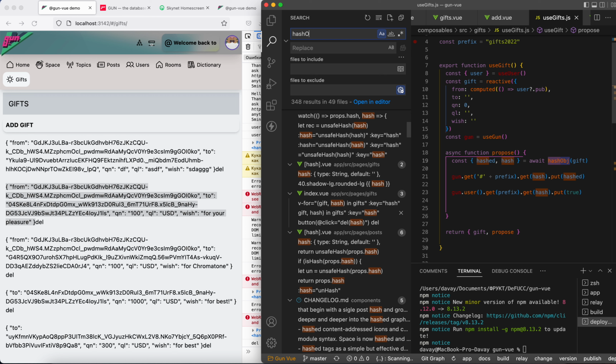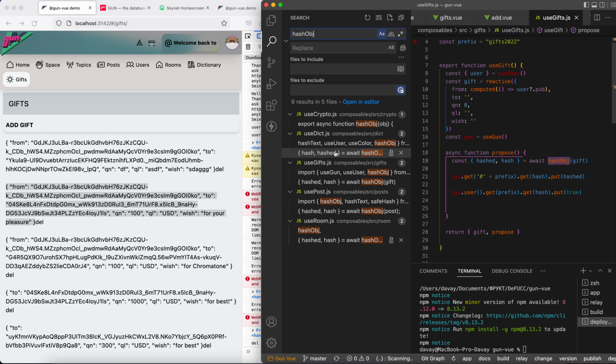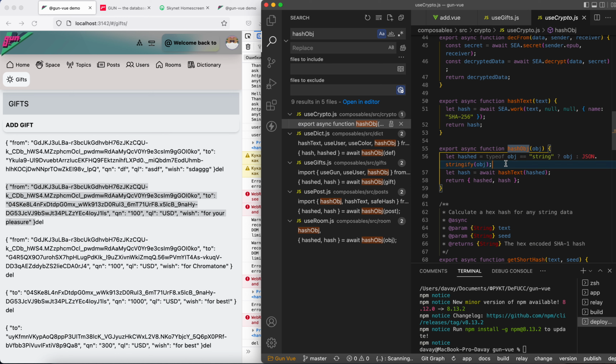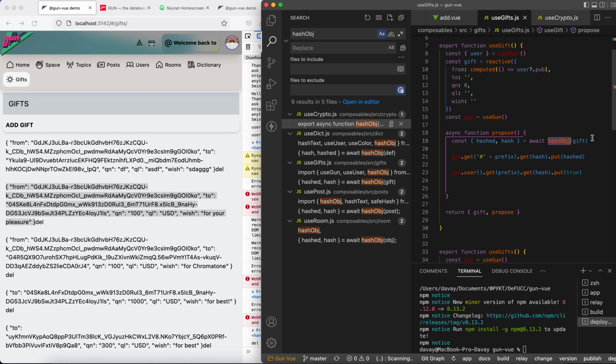So hash obj, yeah, it is when we have the hash text with C work. We have just JSON stringify, and then we have it hashed with C work. Okay, and what do we need? We need to have the object stringified, so we will have the hash text itself, because what we will have to do